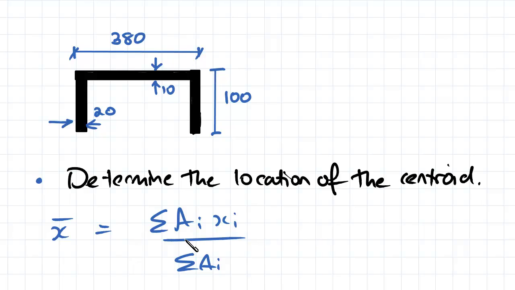The same equation goes for y bar, the y distance from the reference axis to the centroid of your shape. So that again is the sum of the areas multiplied by the y distances, divided by the sum of the areas. So with this problem here, what we want to be doing is splitting it up into three easy shapes that we already know the centroids of. With a rectangle, you know the centroid is at the center of the rectangle. So I'm going to split